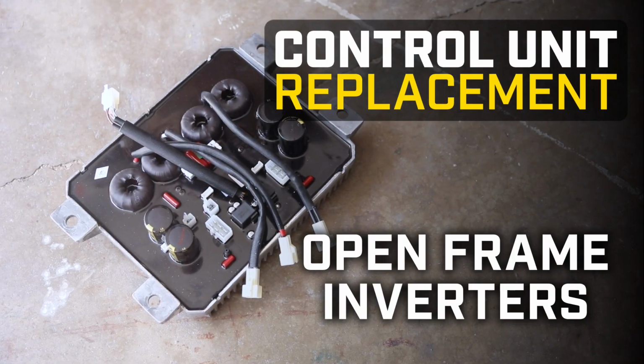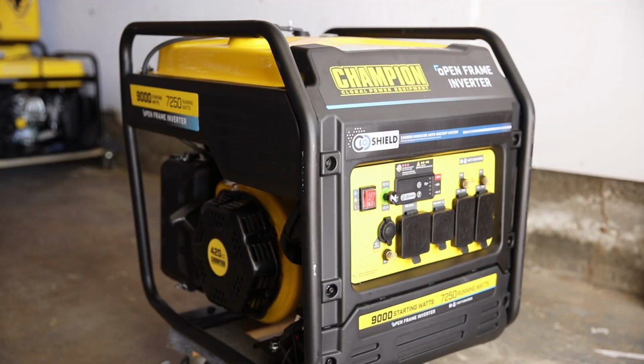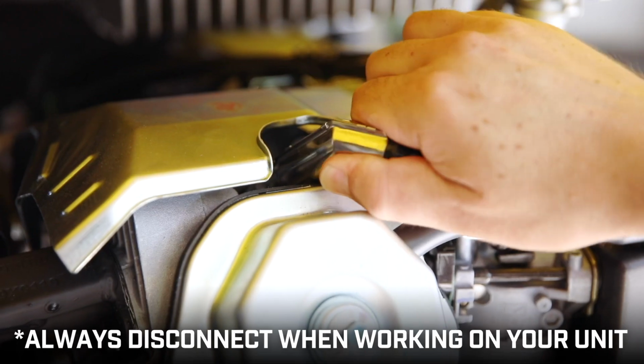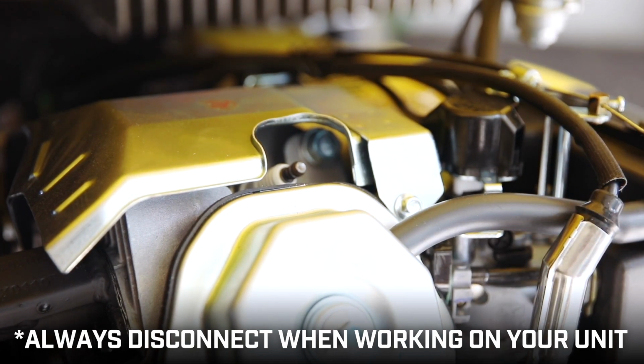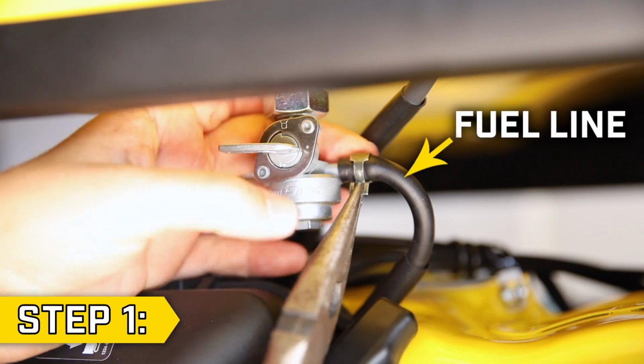This video will show you how to replace the control unit in your Champion open frame inverter. Make sure the engine is completely cool and always disconnect the battery and the spark plug cap when working on your unit. Step 1. Turn the fuel valve off and use a pair of pliers to disconnect the fuel line